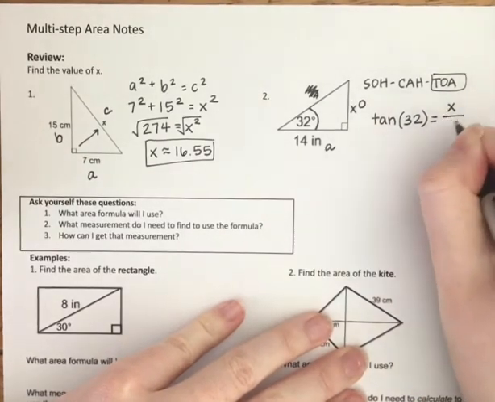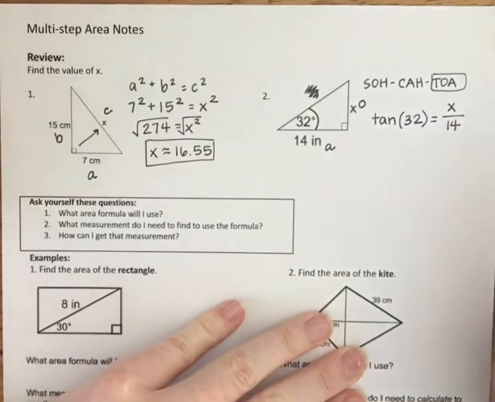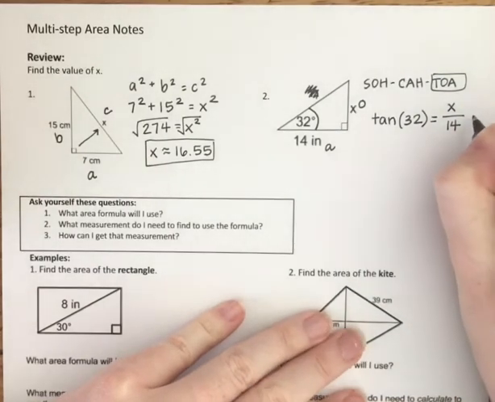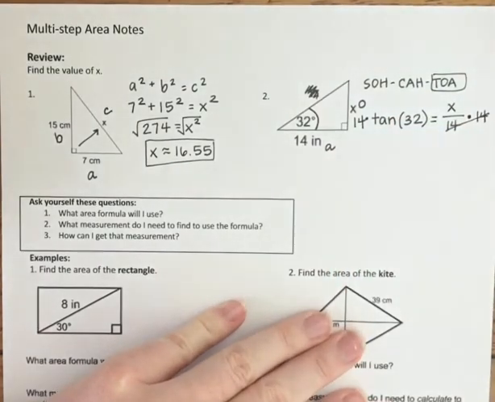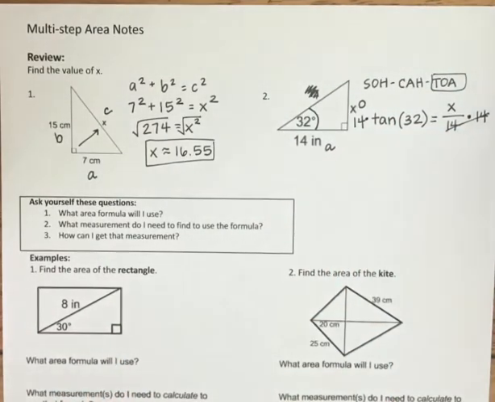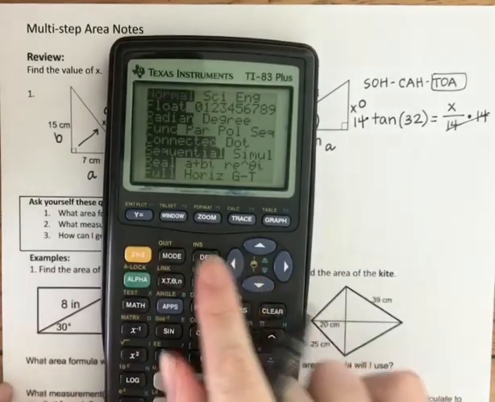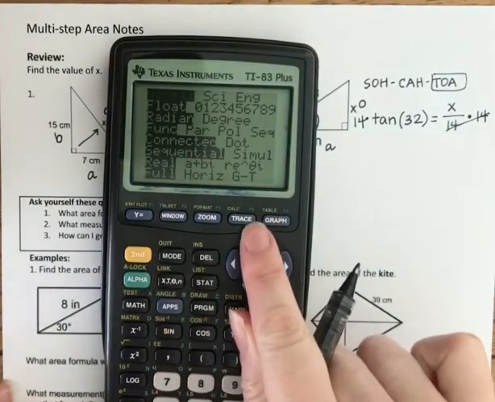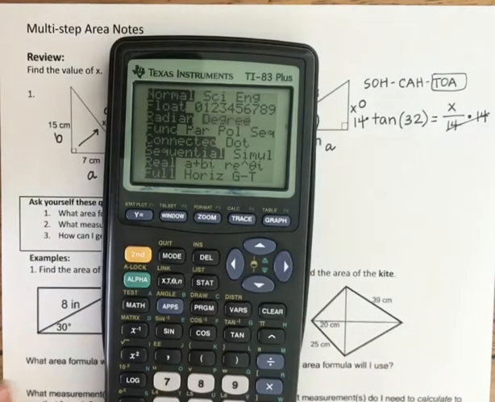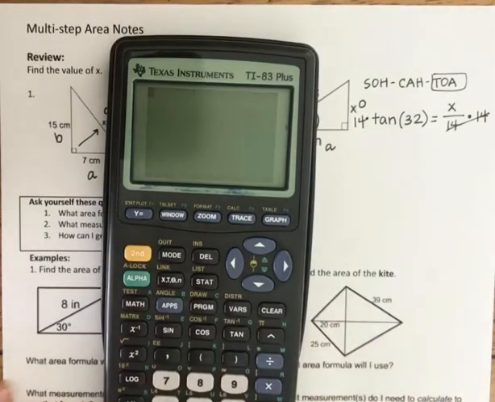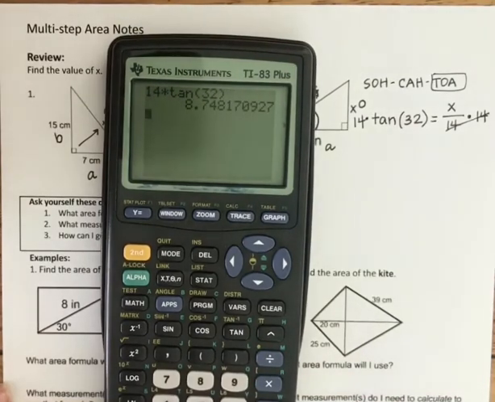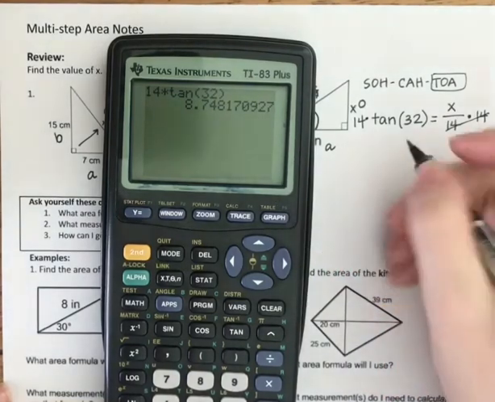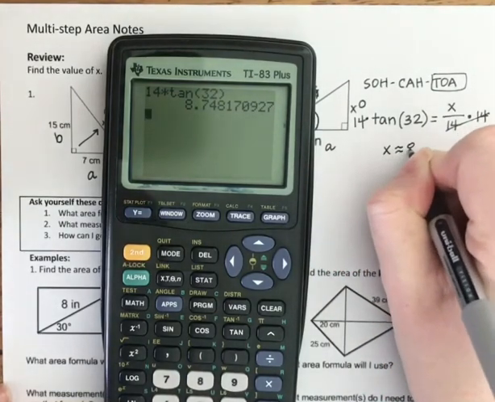So x over 14. Okay, anytime x is in the numerator, I'm going to multiply. So I'm going to multiply this side by 14, but those will cancel out. And I'm going to multiply this side by 14 as well. Okay. So I'm going to go ahead and make sure that my calculator is in degree mode. Remember, it's mode, and mine's not, so good thing I checked. Go over degree, and now we'll plug this in. 14 times the tangent of 32, and that's going to give me, if I round to the hundredth, approximately 8.75